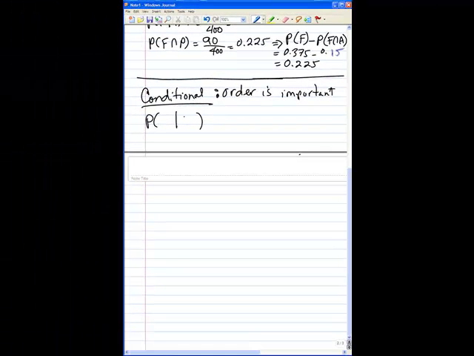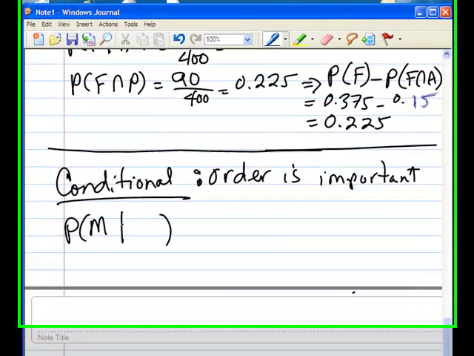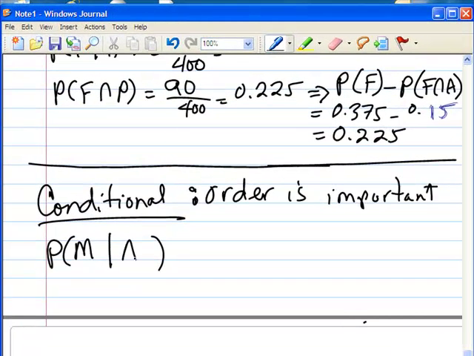For example, if I write probability, open parentheses, then I put the letter M, then the given sign, and then if I put the letter A, this is probability of being a male